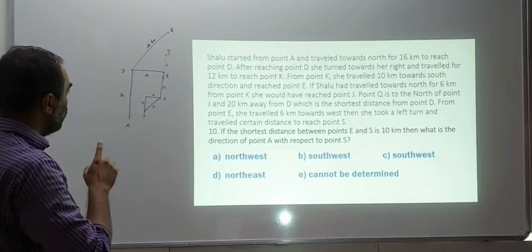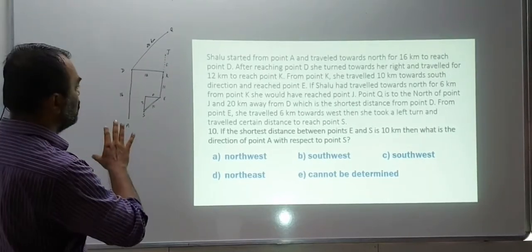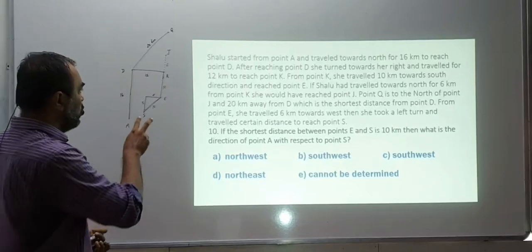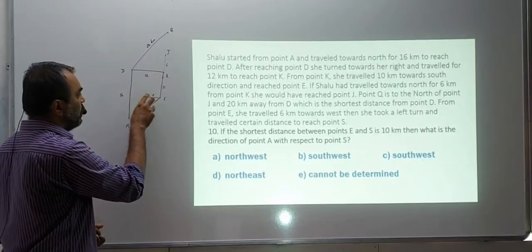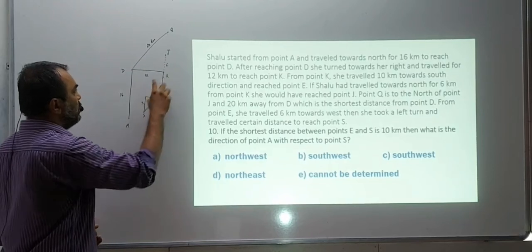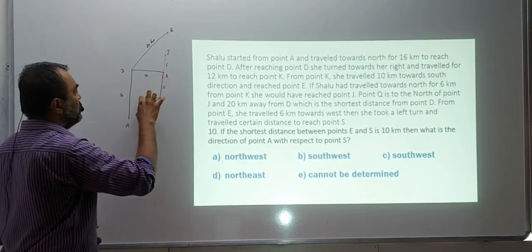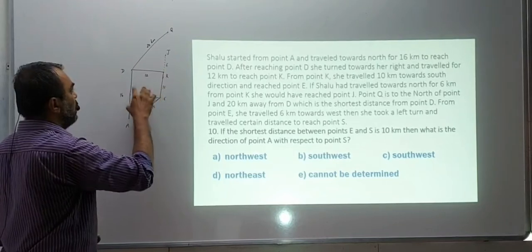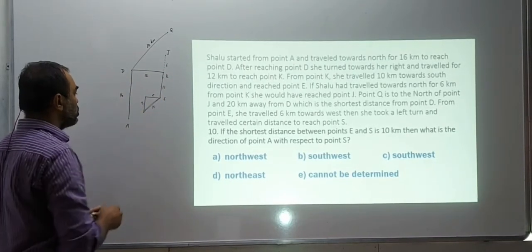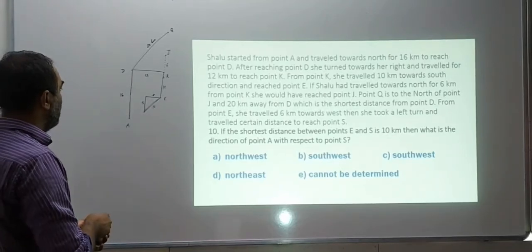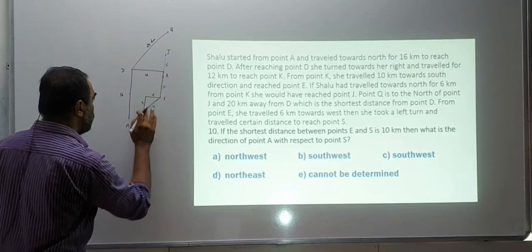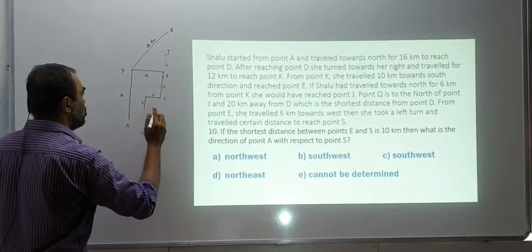Okay. Now comes the mistake in this figure. So this figure was not the right figure. Why? Because we went without the data. We know she travelled 6 to the west. We know this is 10 kilometers and this is 8. But now you see, 10 and 8 make 18, but this is 16. So our point S shouldn't be here. Our point S should be somewhere around here. How? You will see now.